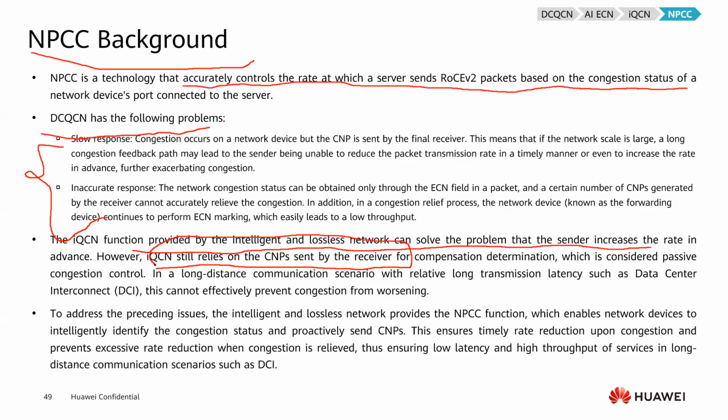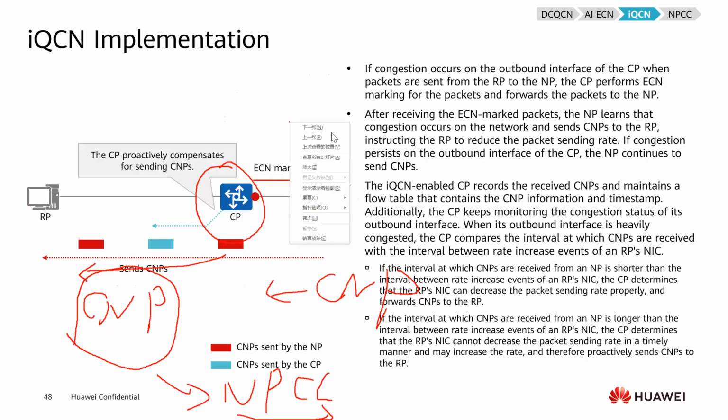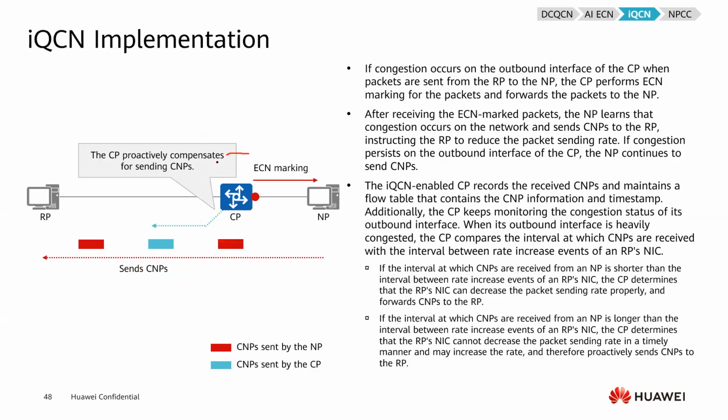This is very, very important here. IQCN still relies on the CNP sent by the receiver. IQCN still relies on the CNP packet sent by NP, because it will record the received CNP. Just like IGMP snooping, it must receive the IGMP packet, or like DHCP snooping, it must receive the DHCP packet. The IQCN must receive the